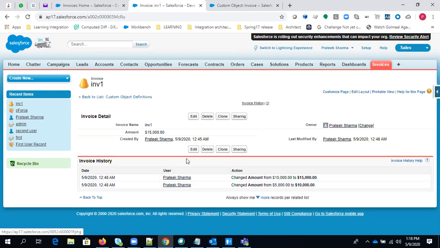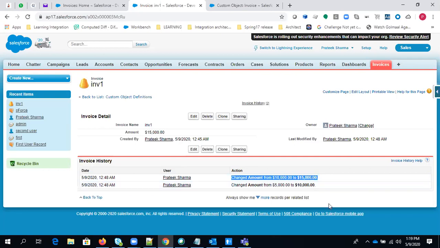You can track up to 20 fields per object, so let's say maximum 20 fields per object at a time. And one more thing, guys, right now it is giving you the complete action information. If your field data type size is less than 255 characters, then only it will capture the complete field change.